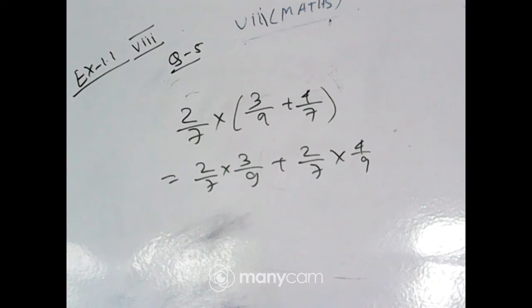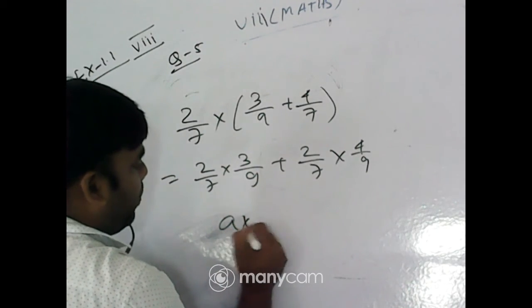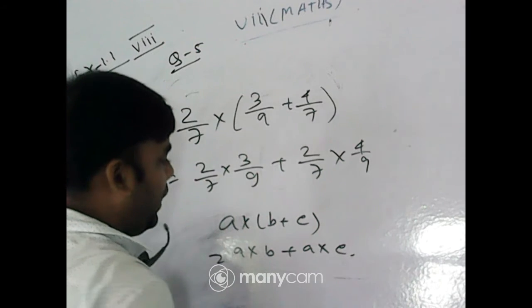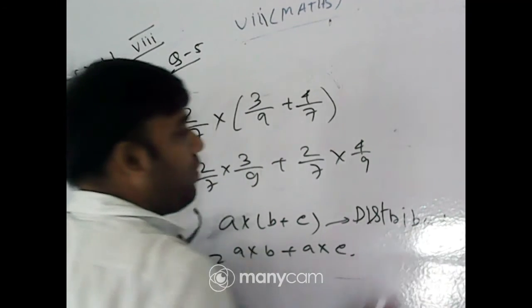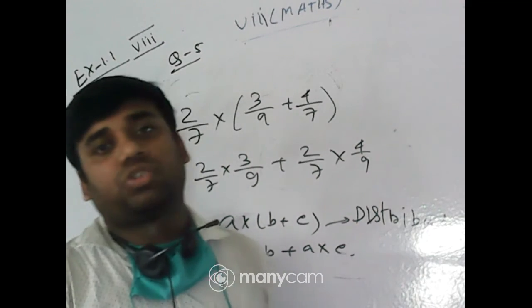Supriyo, commutative property, okay? Sanchari, commutative property, okay? Sakshi, commutative property, okay? One thing is clear from your answers: you don't have any concept regarding this law, because I have taught you A into B plus C. If it is written as A into B plus A into C, that property is the distributive property. All of you have written distributive property, just because I said a counter that it is distributive. You are sure? Then you answer, sir, it is commutative property.